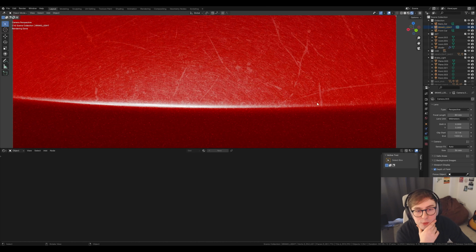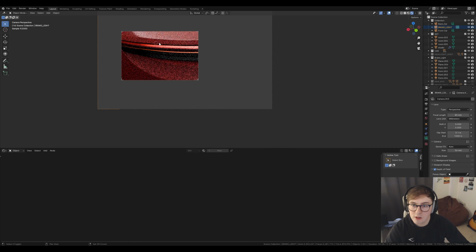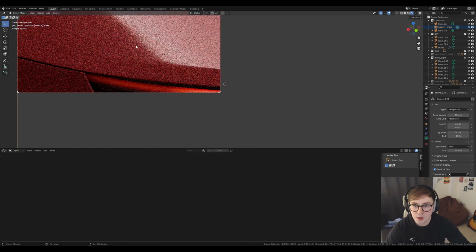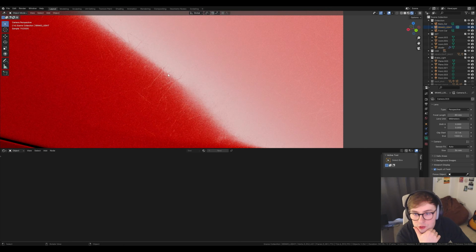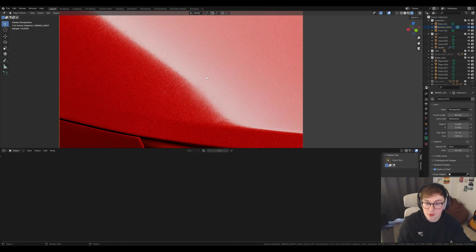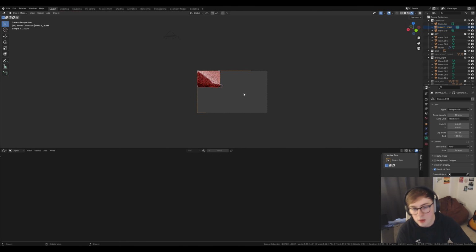Obviously, you may not have this many smudges on your car, but I just wanted to emphasize this material, and also the reason why they're so prominent is for this gradient over here. I didn't just want a smooth transition. I wanted to show that this car is a bit worn, it has all these scratches, it has these smudges, because most cars do. Obviously, in a studio setting, you'd clean it loads, but this is a material that I'm going to use on all my projects. But anyway,